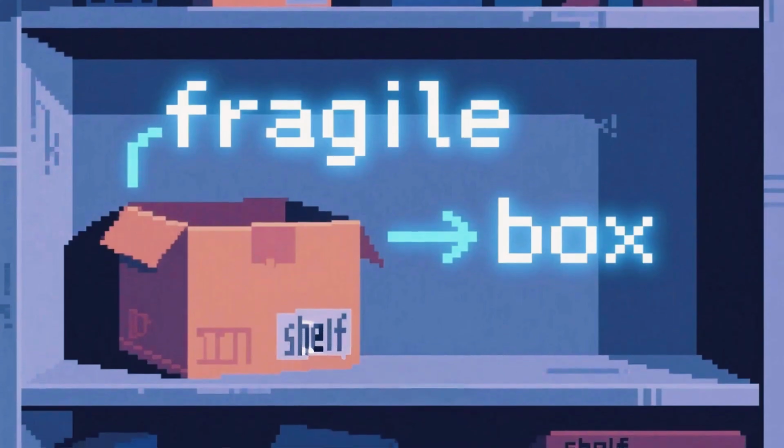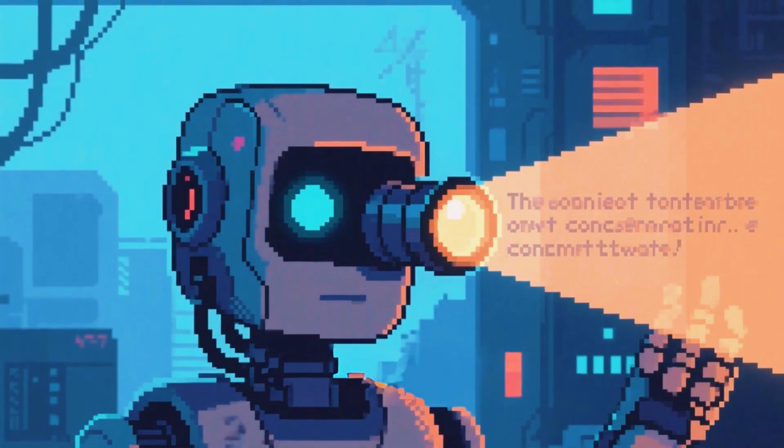For example, in the instruction, "place the fragile box on the top shelf," the model uses attention to understand that fragile describes the box and not the shelf. So instead of reading instructions word by word in a fixed order, our robot will use the entire sentence at once. So it identifies which words relate to each other and which parts of the instructions matter most, and what